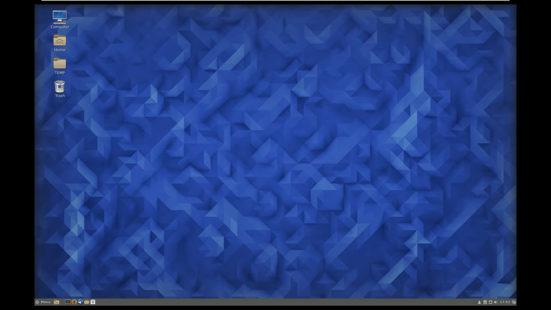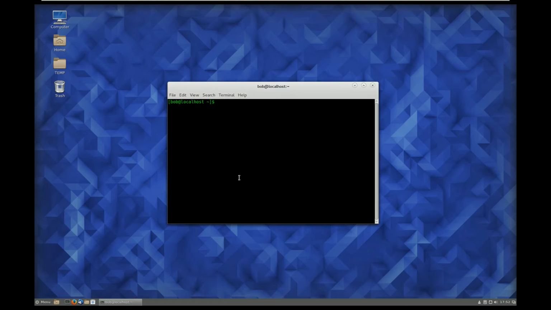Today we will be discussing how to install Nmap on your Fedora 23 system. To begin with, we will execute the terminal in which to enter our commands. The first command will be as follows: